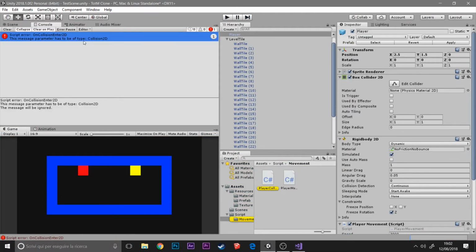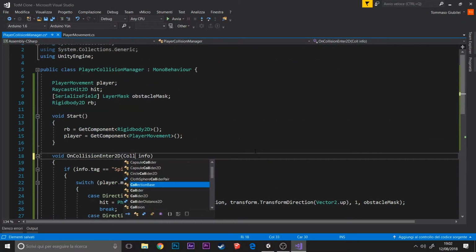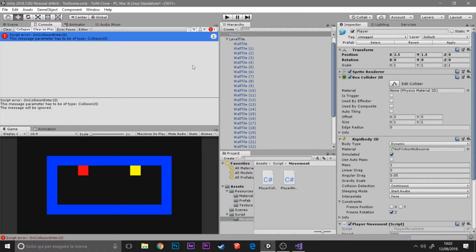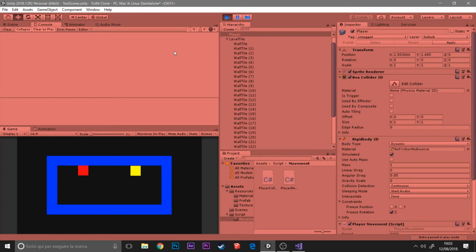There's just a little bug, that is that we can't use a collider but a collision as an argument, so we need to specify the info.collider.tag and not just info.tag, because this is